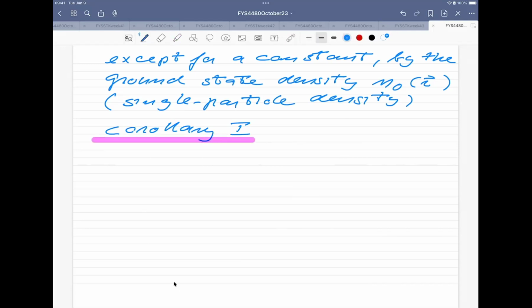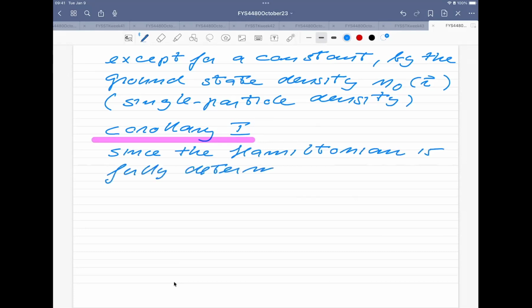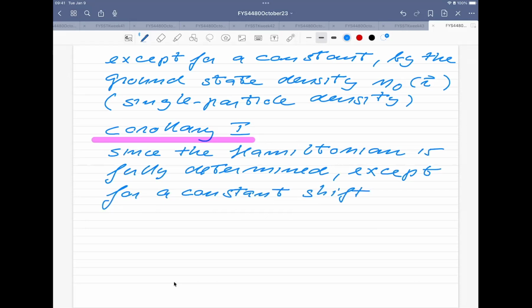What that says is that since the Hamiltonian is fully determined, except for a constant shift of the energy, and we can always add a constant shift, then it follows